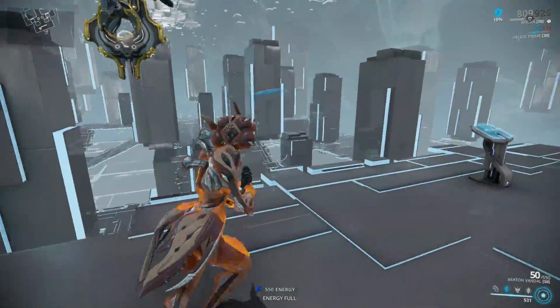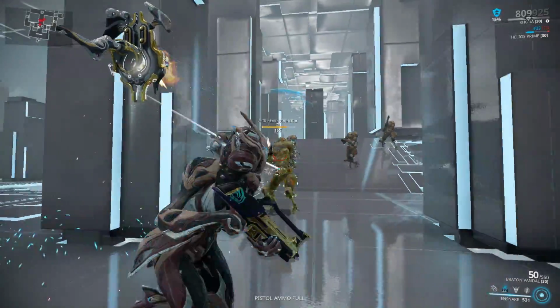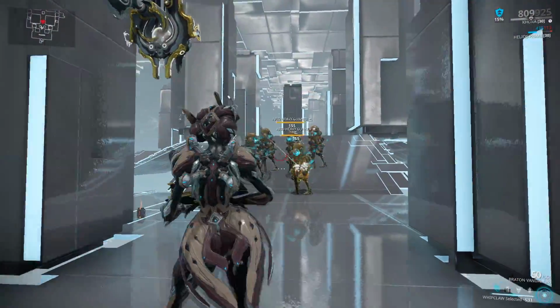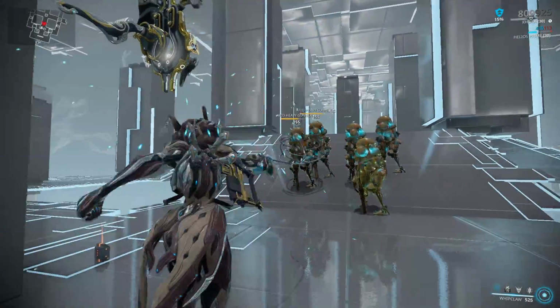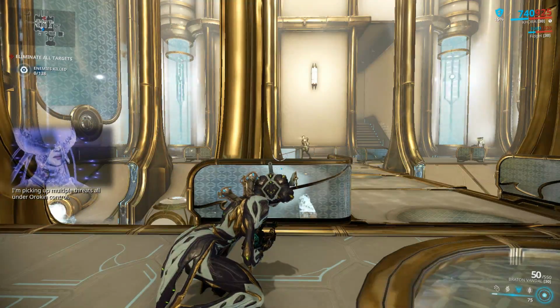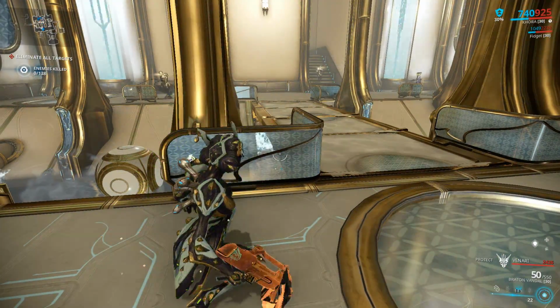Her second ability, Ensnare, well, does exactly what it sounds like. It's supposed to, there it goes. It sucks in enemies around it, and that's where using the first ability comes in handy, because obviously they're not fighting back. Then her third ability is where it starts to get interesting with the whole Venari thing, the summoning